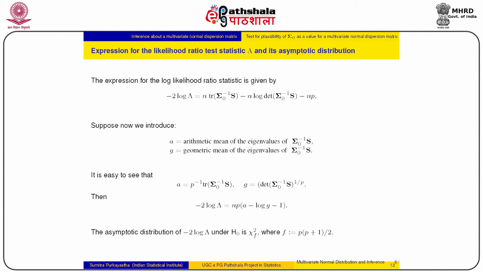So the determinant is strictly positive, hence I can talk about the log of the determinant. Let's see what the expression is again. Minus 2 log lambda is n times trace of sigma naught inverse S minus n times log of determinant of sigma naught to the power minus 1 S minus np. Now let us just look at the expression for minus 2 log lambda. These expressions, trace, determinant, etc., immediately remind us of